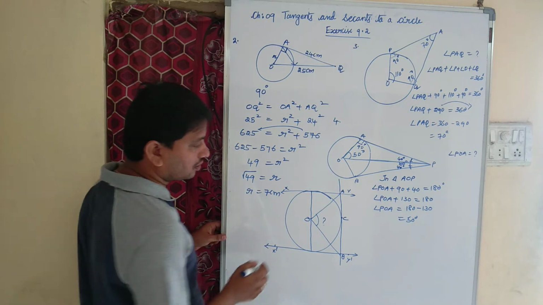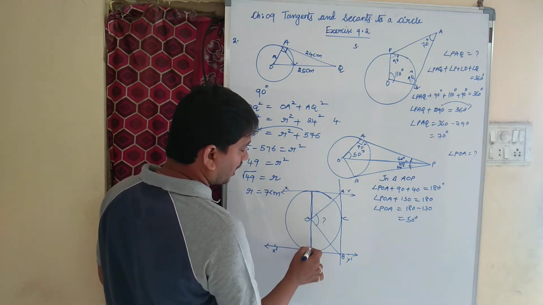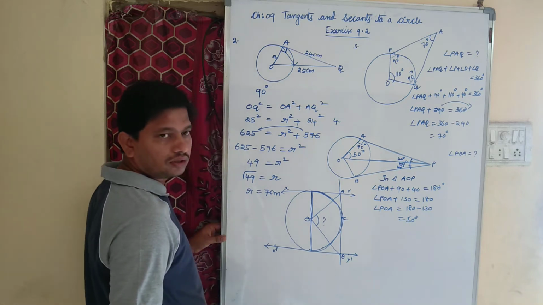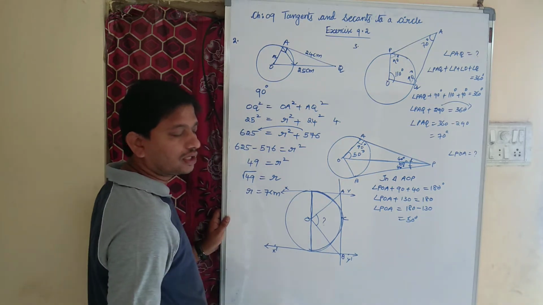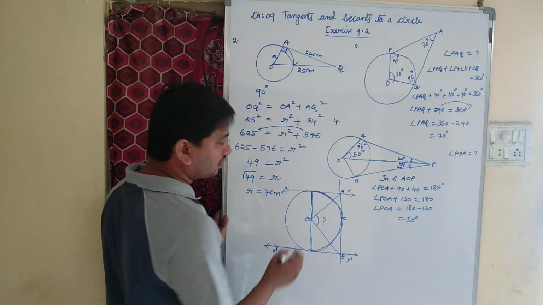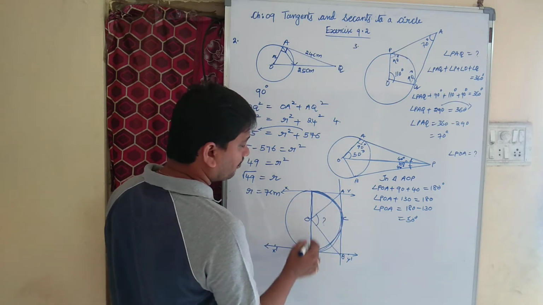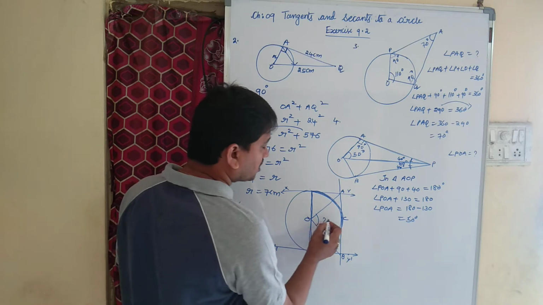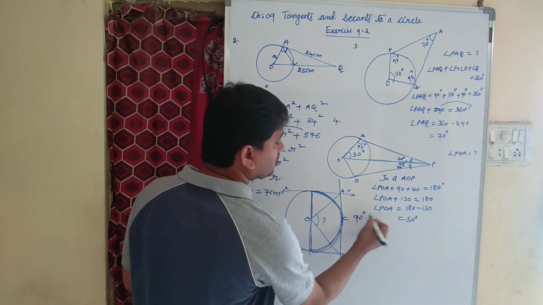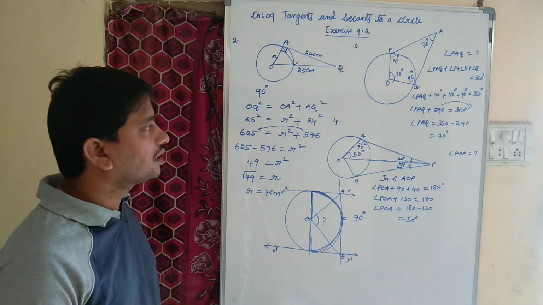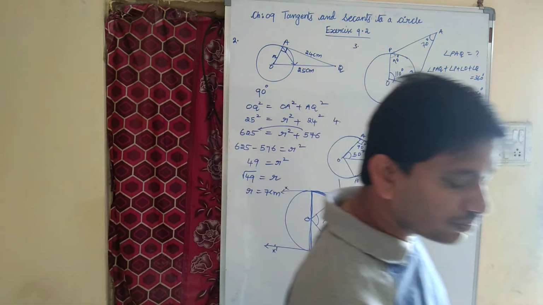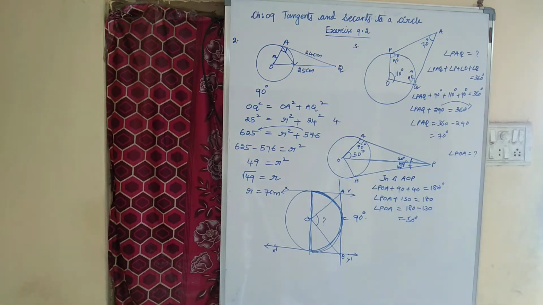You know children, if you observe here, this is our diameter and this is our semicircle. In class 9 we have a theorem: what is the angle in a semicircle? The angle in a semicircle at the center is how many degrees? 90 degrees. So the answer is 90 degrees. Students, these five MCQs are very, very important MCQs which carry one half mark each, right?